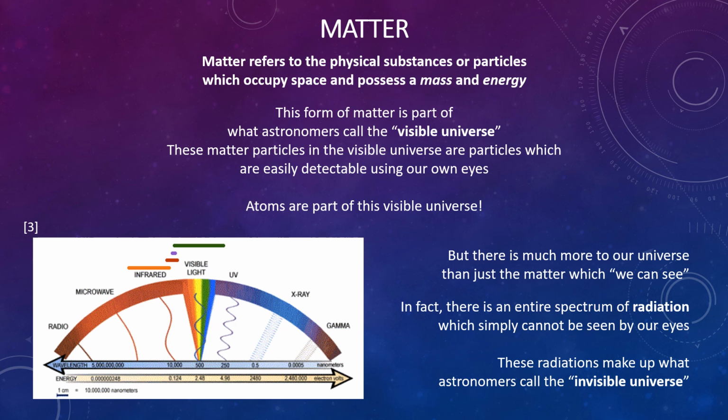So matter is everything that we can see and we can touch, and it is a part of what we refer to as the visible universe. All this matter that we call visible matter is emitting and reflecting and absorbing light in wavelengths that we can see with our eyes. Now, our eyes see only a small fraction of what we refer to as the electromagnetic spectrum. In this figure on this slide, we can see the full electromagnetic spectrum in its various wavelengths,